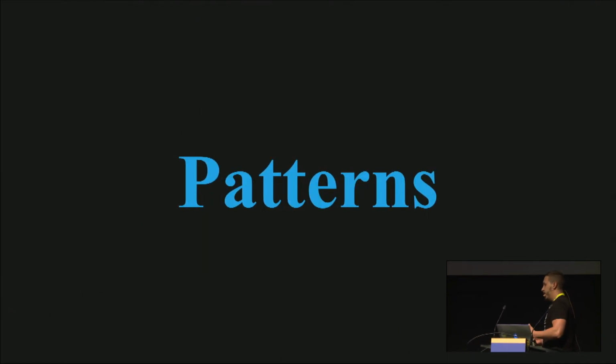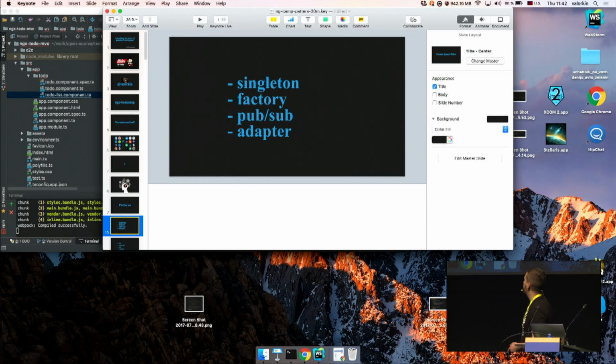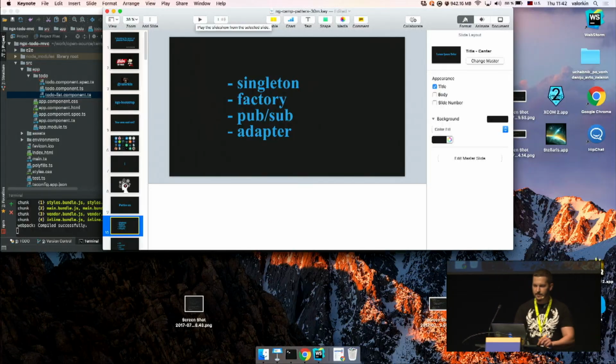So, let's try to load several recognition patterns into your brain. Doing interviews a lot, I have figured out some statistics about which patterns are most known and which are not. For example, let's try singletons. Who knows? A lot. Factories. A lot. PubSub. Lesser. Adapter. Even lesser. That's fine. Not fine at all.